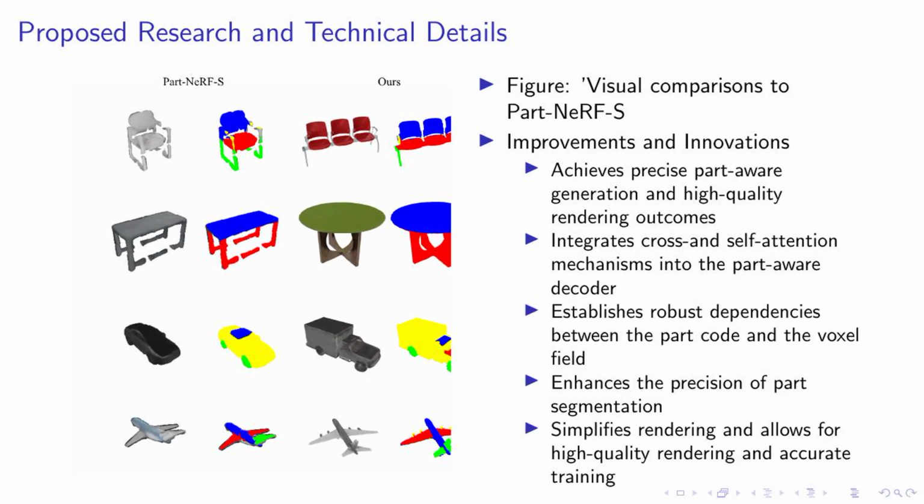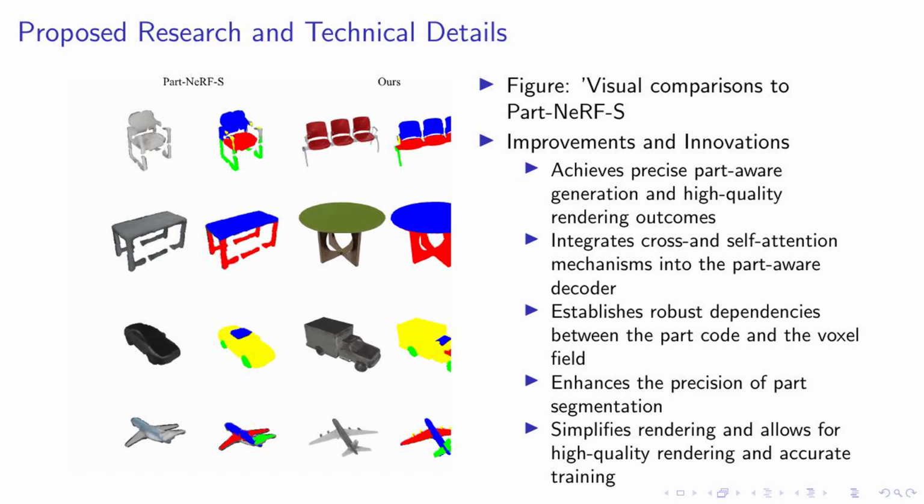On your left, you can see a visual comparison of our method to PartNeRF-S. This figure illustrates the improvements and innovations we've made in our research. Our method achieves precise part-aware generation and high-quality rendering outcomes. We've integrated cross- and self-attention mechanisms into the part-aware decoder, establishing robust dependencies between the part code and the voxel field. This not only enhances the precision of part segmentation, but also simplifies rendering, allowing for high-quality rendering and accurate training. These advancements are a significant step forward in the field, and we're excited to share more about our findings